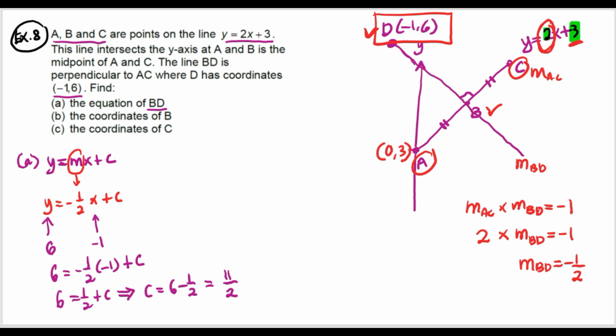Okay, 11 over 2. So we have the equation for this line BD. This is actually Y equal to -half of X, and C is actually 11 over 2. So we are done with this equation for BD. How to find the coordinates for B? All right, so to find the coordinates for B, we can find using